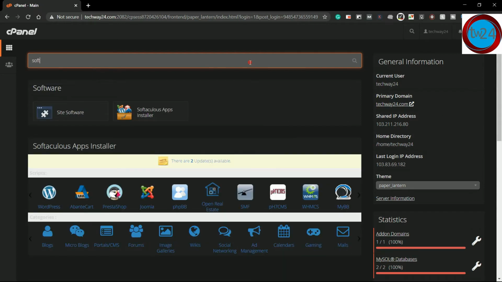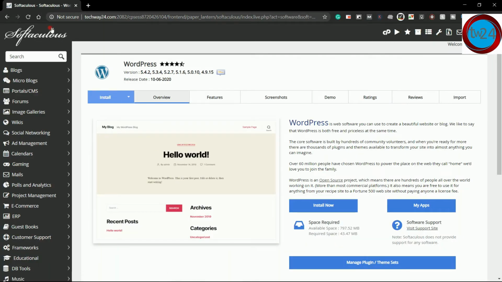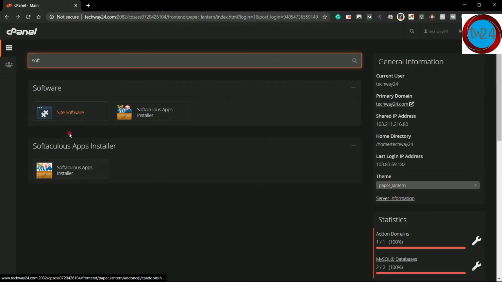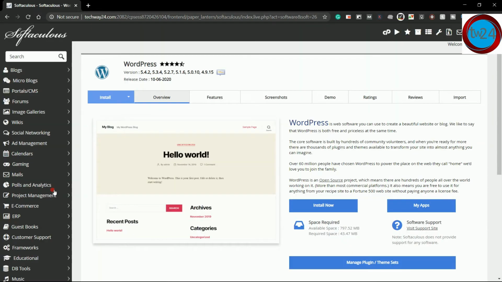As you can see, I am searching. Then click any of these two, either WordPress or Softaculous. If you click on Softaculous, then a new menu will open. Then you have to click on WordPress. But if you click on the WordPress icon, you will be directly taken to the installation process.